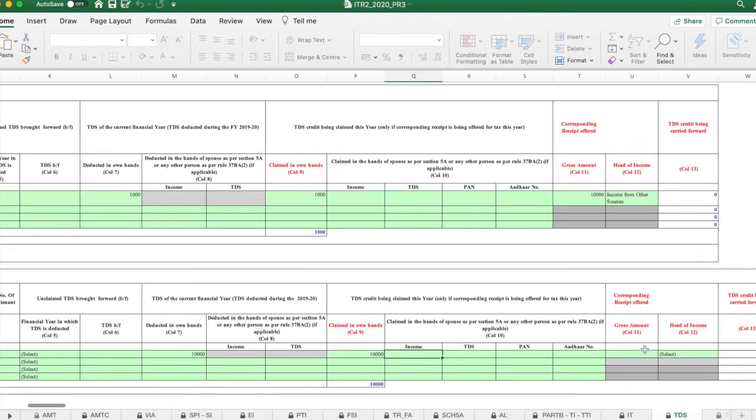Then the gross amount, whatever you are seeing in the 26AS, you have to mention here. Then you have to select income from capital gain.